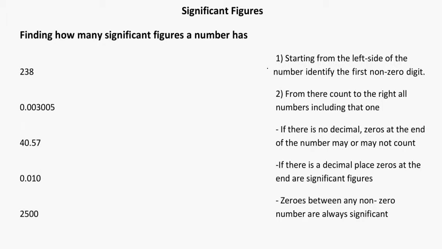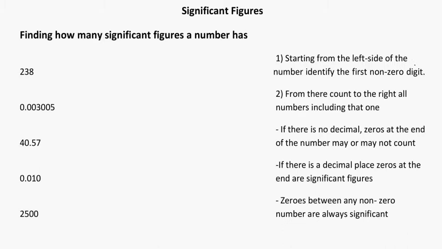So now we're going to look at significant figures. Significant figures are basically an indication for us as to how accurately we know a number when we've done a measurement on it or a calculation with it. So our rules for significant figures would be, starting from the left side of the number, you need to identify